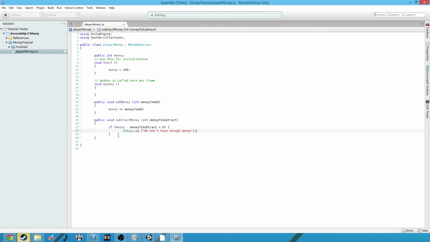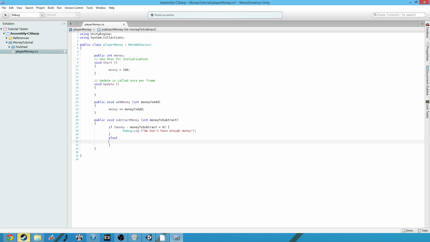Now, as for right now, everything looks good, but we need to actually tell it what to do if we do have enough money. So we're going to create another if statement, or actually, you know what, we're going to create an else statement. And what an else statement does is it always comes after an if statement, and if the if statement runs as false, so if this is not true, so basically if we subtract and we don't have less than 0, then we run whatever's in here. So we're going to type else, and inside the else statement, we're going to actually do